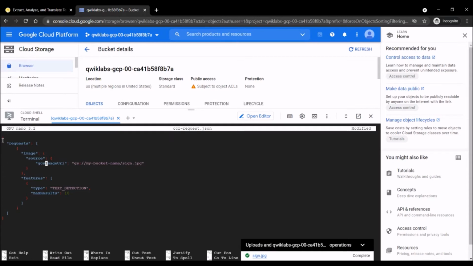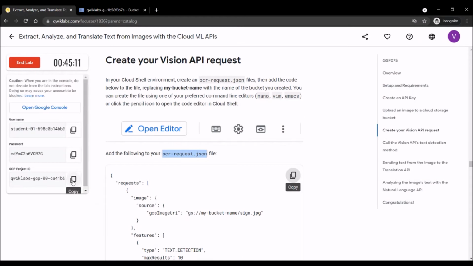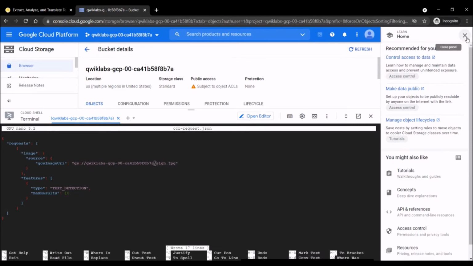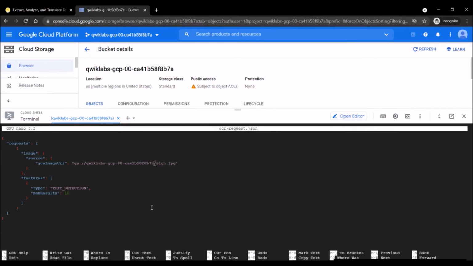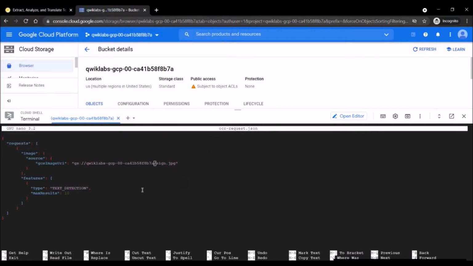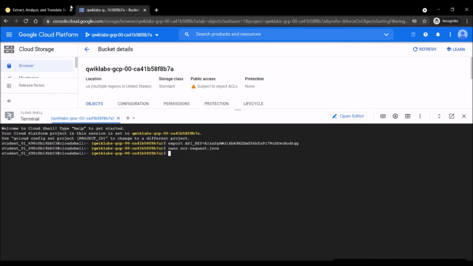You can also open or create this using an editor in this shell. So here we will edit this. In my-bucket-name, cancel out the text and type the bucket name you have typed. So we have used this name. We will paste it over here. Yes, and save this. Control S for saving and Control X for exiting it.